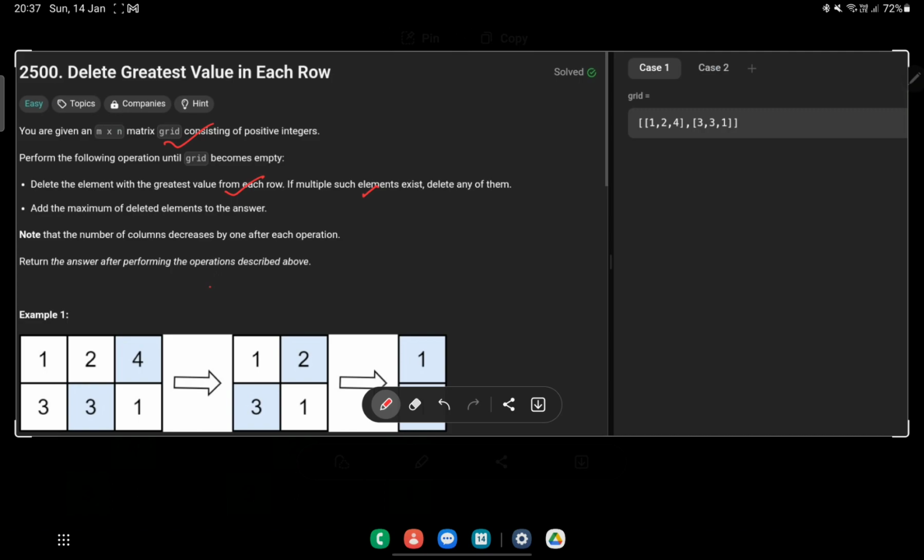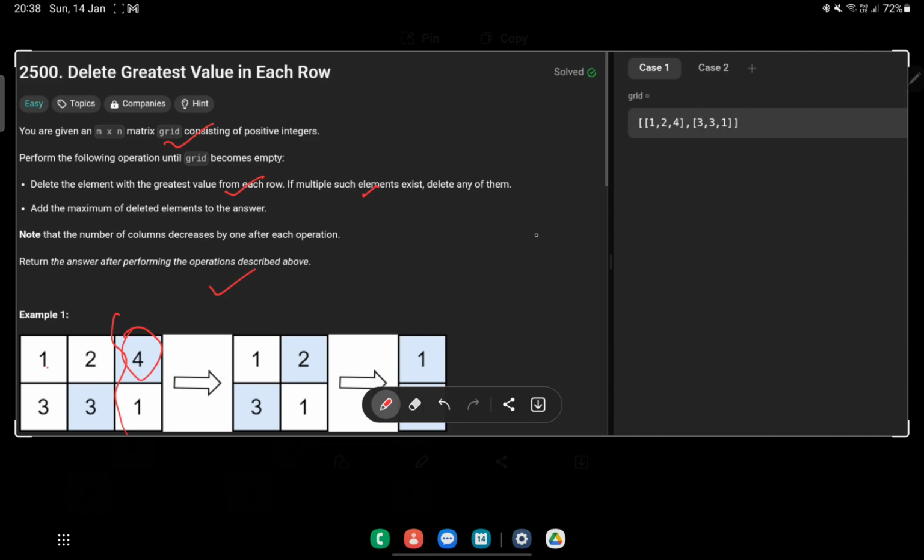So we have to return the final answer after summing all the maximum values from each row in an m by n matrix. In this example, 1 3 4 is present in the first row. We have to see, for each column, in the last column 4 is the maximum too, so we have to take 4. Then in the end we have to remove that column from the m by n matrix, and in the second we got the 3. After sorting we will get the final answer in a proper manner.